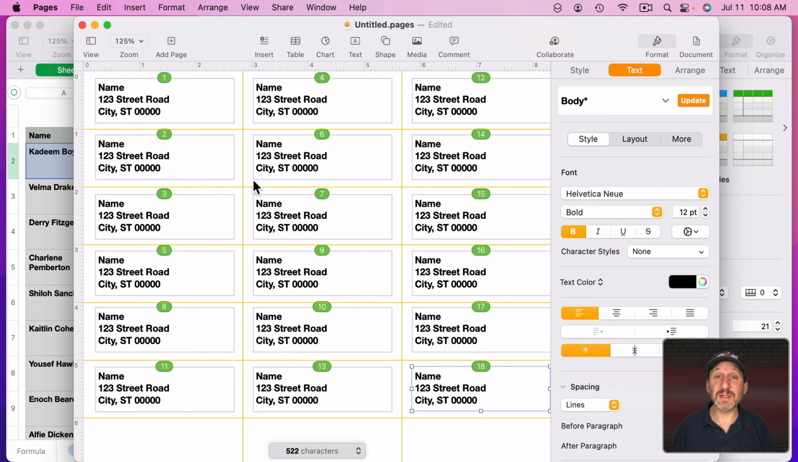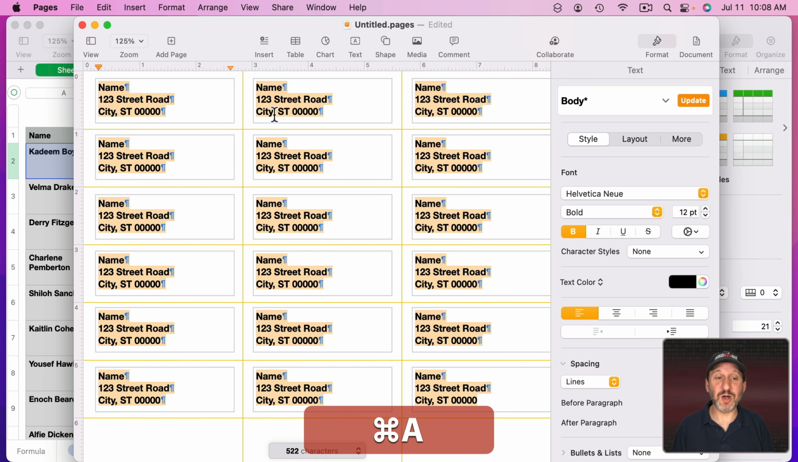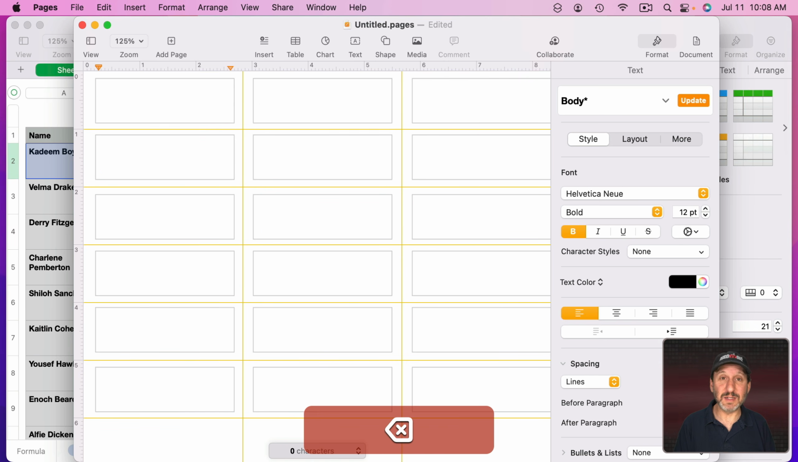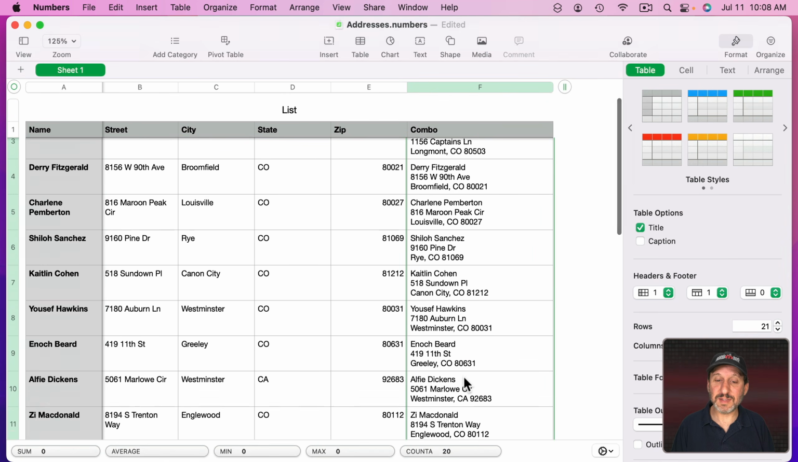So now we have 18 linked text boxes. If I select something in here and do Command A for select all, notice it selects everything there. I can delete and I can actually type 1, 2, 3, 4, 5, 6, 7, 8, 9. You can see how it goes box to box like that. So now I can go back here, select all of these cells,